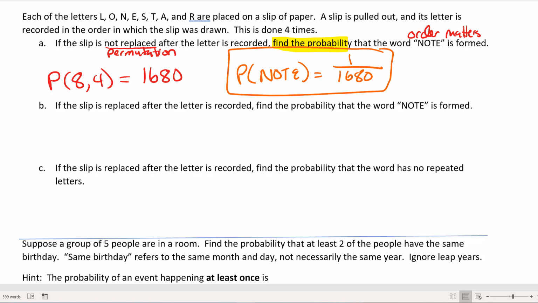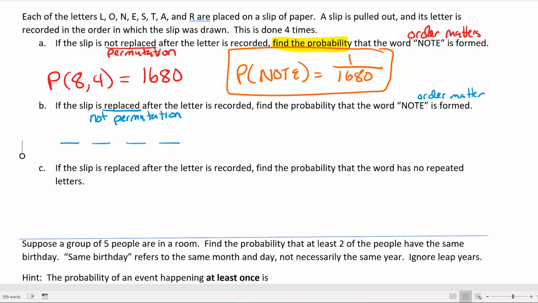Now let's change the problem up a little bit. If the slip is replaced after the letter is recorded, find the probability that the word note is formed. Again, order matters still, but this is not a permutation, and the reason this is not a permutation is because the slip is replaced. So you might accidentally pull the same slip twice, right? So in that case, it's not a permutation, and we will have to use, instead of the permutation formula, the